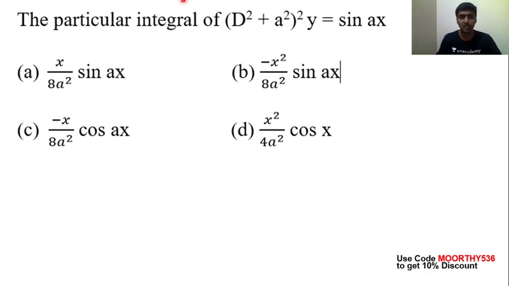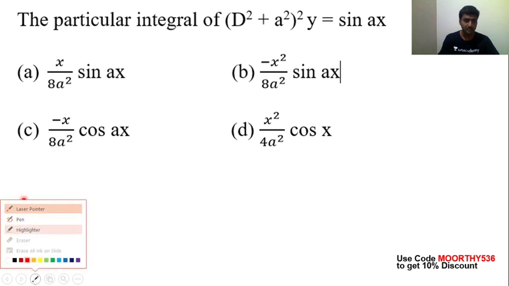The particular integral of (d square plus a square) the whole square into y is equal to sin ax is equal to the following. These are the 4 options. We have to identify the correct option among the 4 options. Coming to the solution, particular integral. We know that the particular integral is the solution to the RHS of the given differential equation. The solution for the equation is given as,